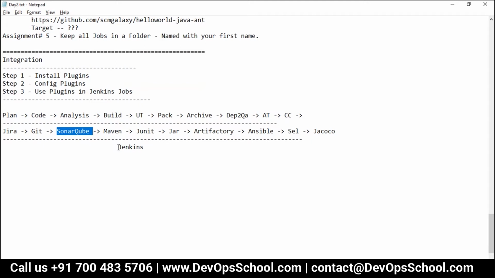Let me tell you here, step number one and step number two, you will not do that. You will experience it. You will see me doing it. But step number three, you can do as part of the lab. So all of you, please look at my screen to see first how to integrate Jira with Jenkins.